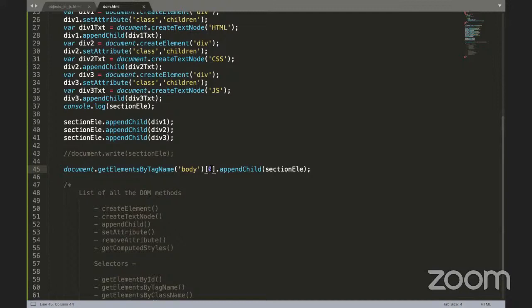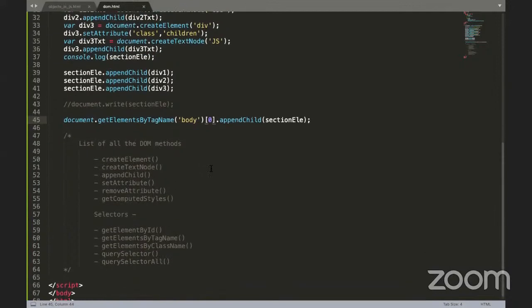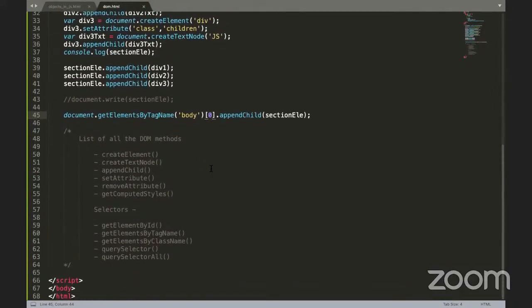Make sense? Now getElementsByTagName, I'm giving an example. You see here, now body, if I print that in the console,